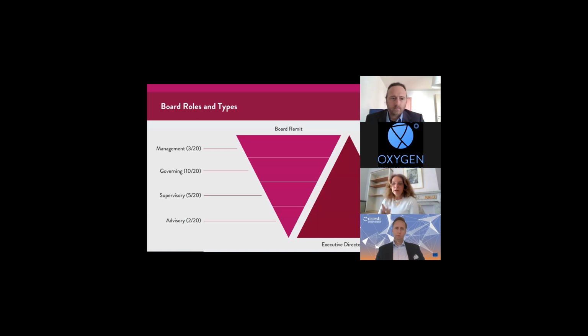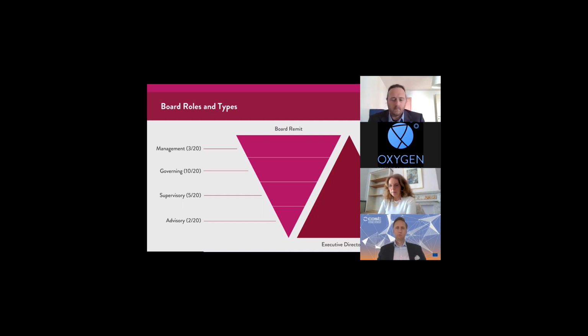So we identified 4 broad types of boards of directors from the interviews undertaken, and we placed them in the context of the most important relationship in these organizations, which is between the board of directors and the executive director. I'm using the term executive director today, but it can be just director. It can be sometimes CEO, it can be secretary general, but within this world of NGOs, the term executive director is the one which is usually used. And in order for that relationship to best serve the organization, there needs to be clear dividing lines between the